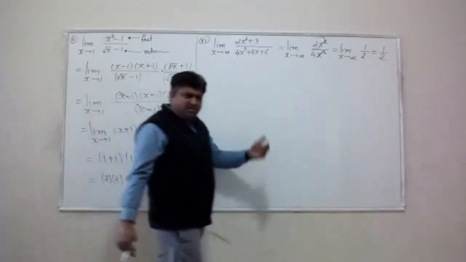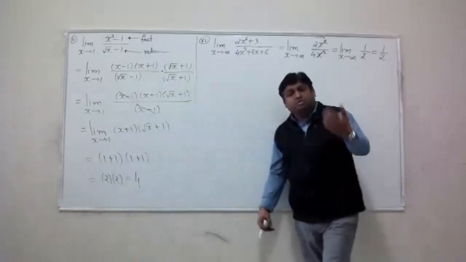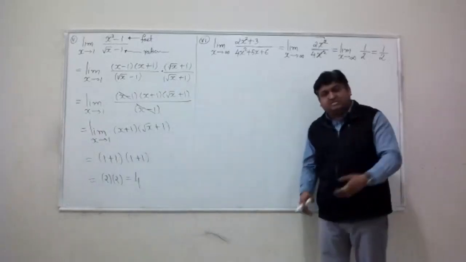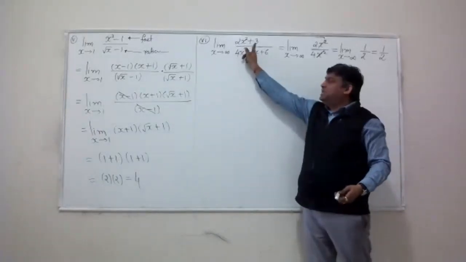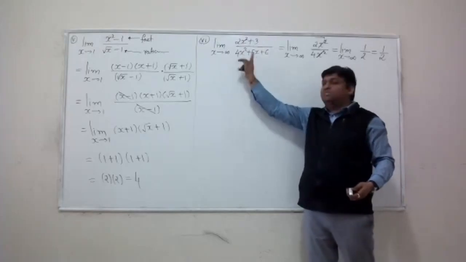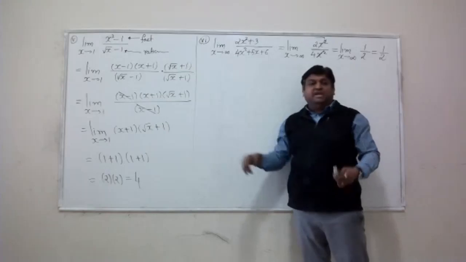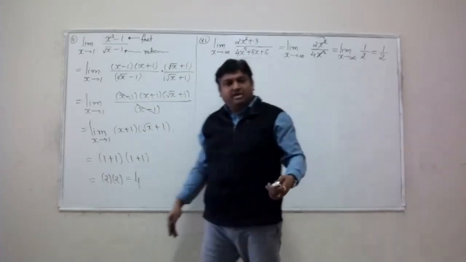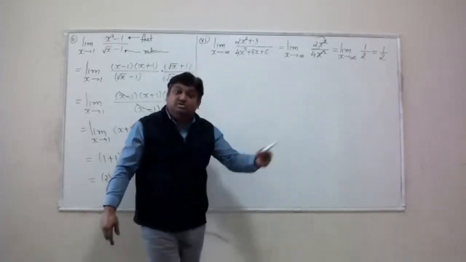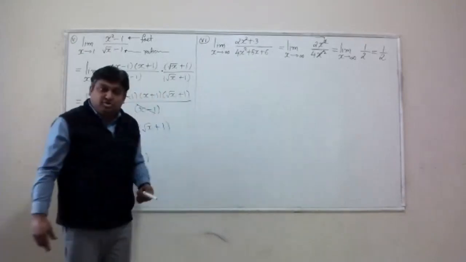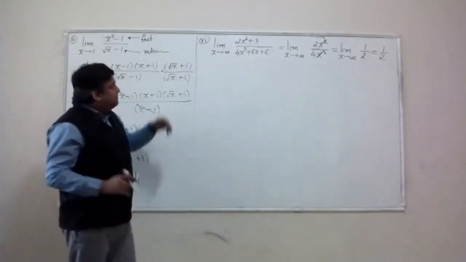So computing limit at infinity, not a big deal. If you want to use the degree result, that's fine too. Degree of the polynomial in the top is 2. Degree of the polynomial in the bottom is 2. Since the degree is the same, the ratio of the leading coefficients is the limit at infinity. And that is also the same as the horizontal asymptote for the function. All right. Finally, let's